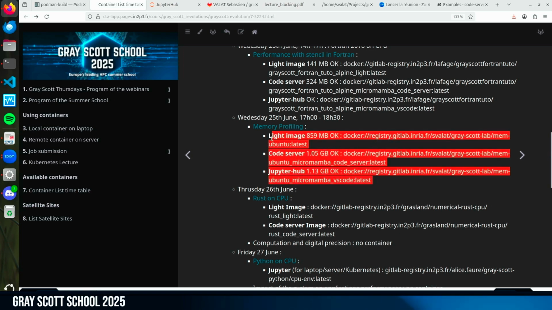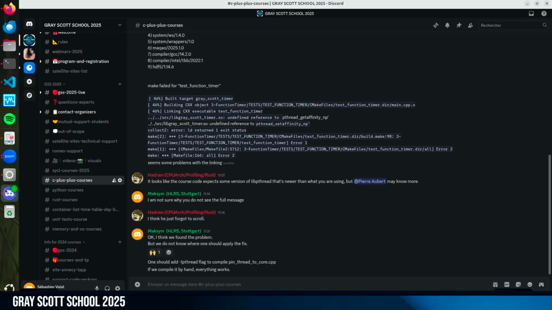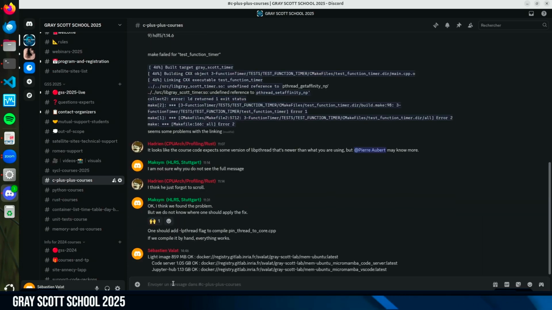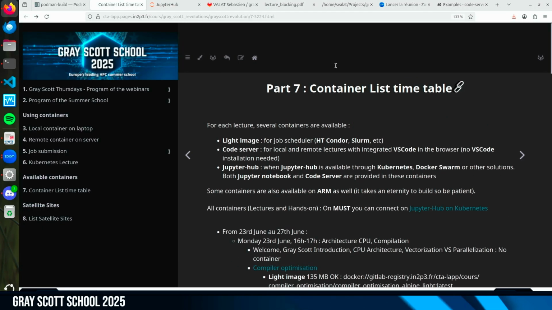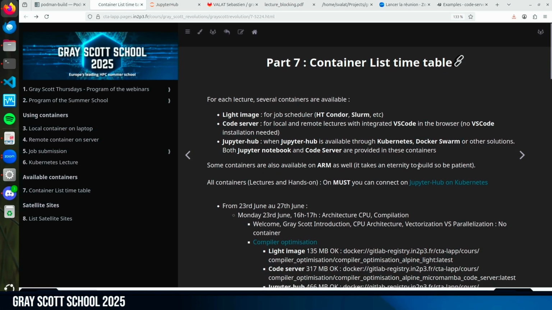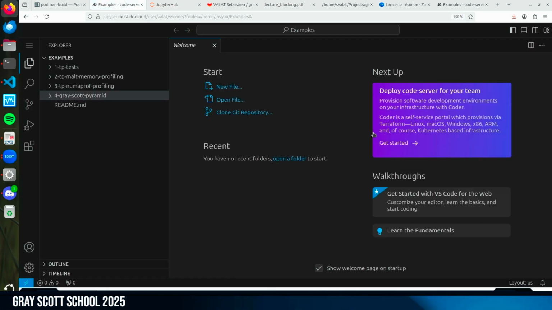Maybe I can paste them in the Discord, so the remote people will have access to the C++ course. For the ones here at LAPP, you can directly go to the Jupyter notebook, and you will have access to the VM.